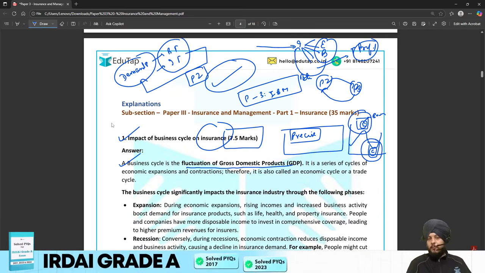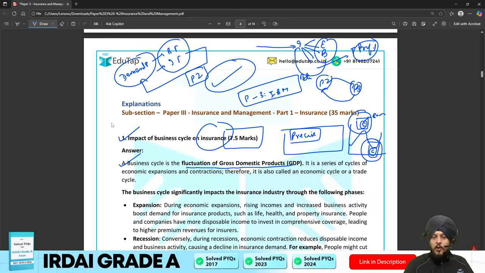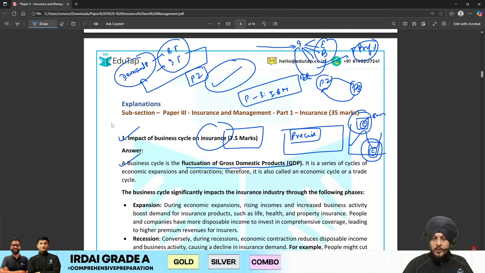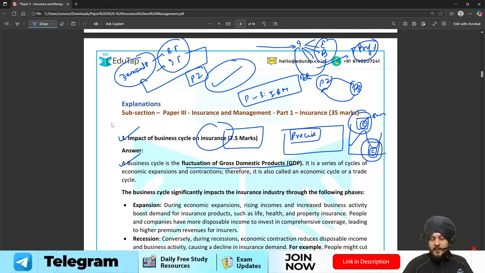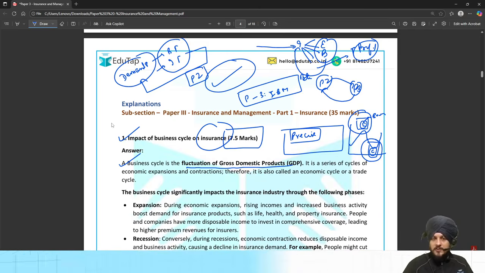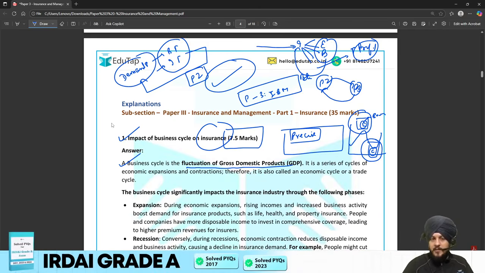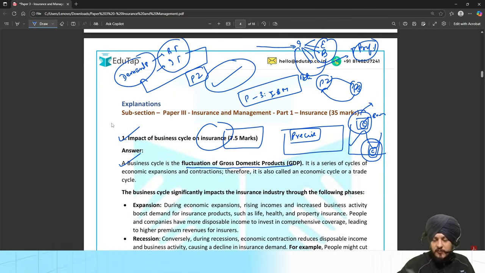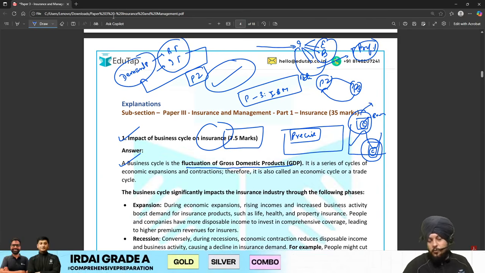For example, in the contractionary period, the economy is not performing well, right? If there are health-based concerns, all such things are there. So what is going to happen? There's a high probability that the number of claims for the insurance companies is going to increase, right? So that is going to increase the burden on the insurance companies. Apart from that, the returns will be lower. So these are the opposite things to what we discussed in the expansionary case. This way you could have written the answer.